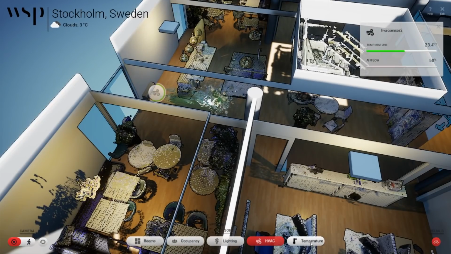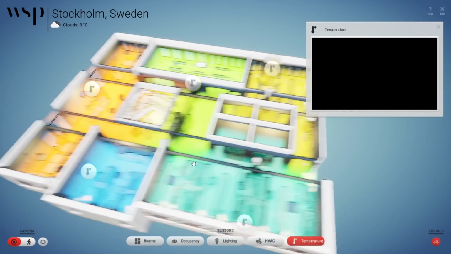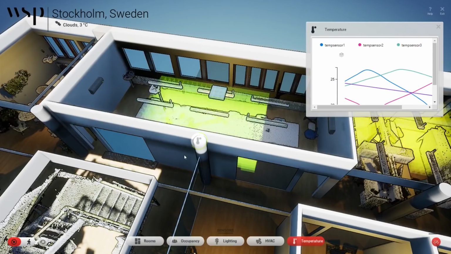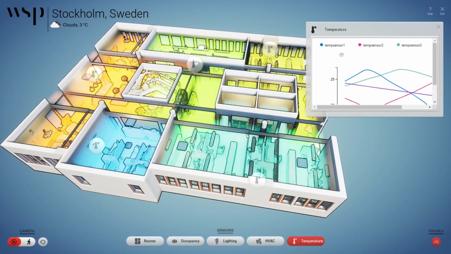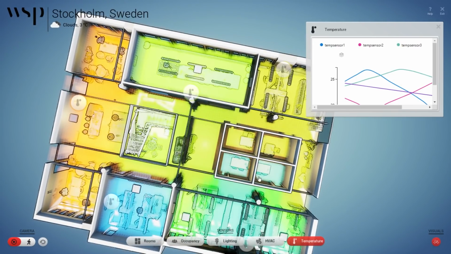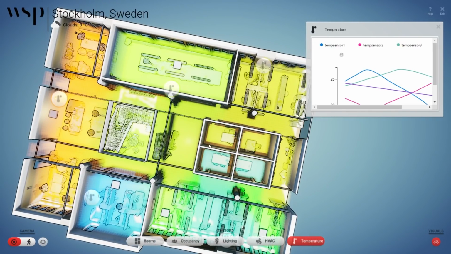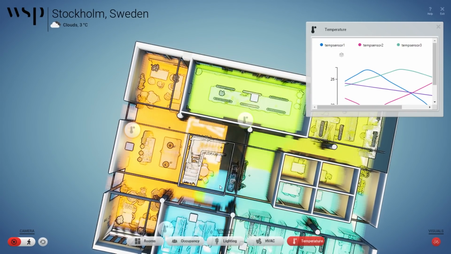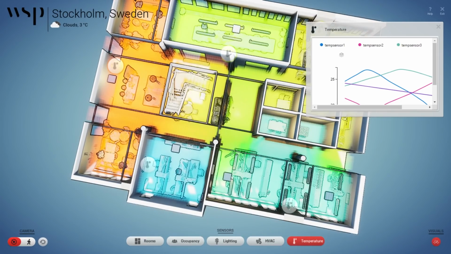And finally, we have the temperature view mode, which is using static cube-like Niagara particles to visualize sort of a 3D temperature gradient field. And one cool thing about this is it's actually using the level geometry. It's reacting dynamically. So if I were to put up an extra wall, the temperature would propagate correctly. It's using like a 3D pathfinding algorithm almost to find and interpolate the temperature.